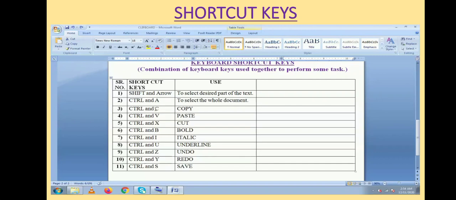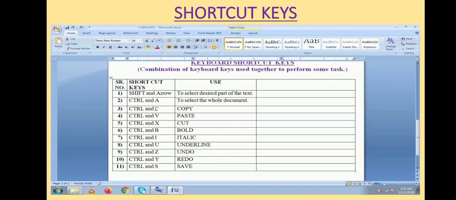In our last slide, you have seen how to copy, cut or paste something by using clipboard group. These actions we have performed by using mouse. The similar type of actions you can do even without using the mouse.